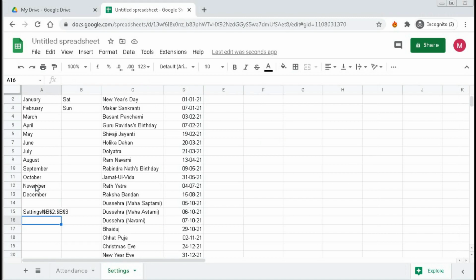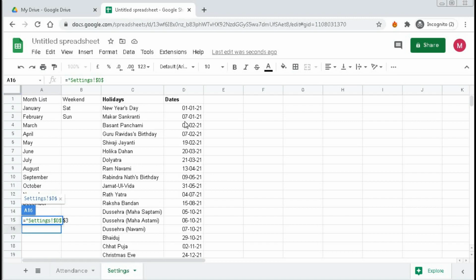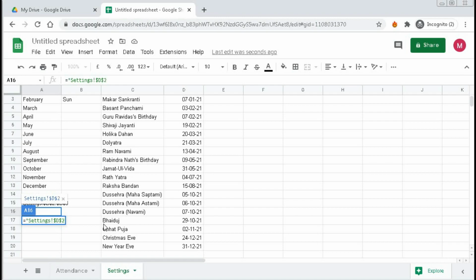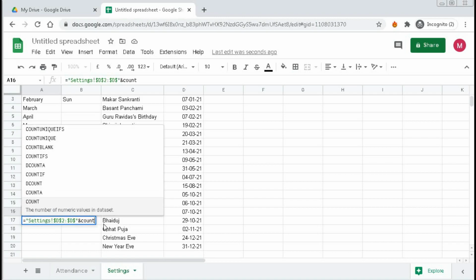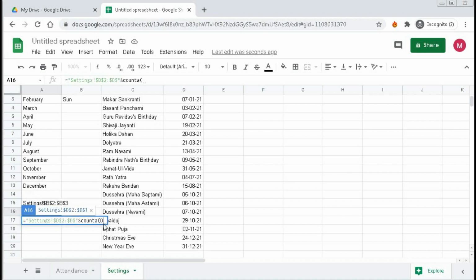Here again we will type equal to settings exclamation, then dollar, this one is D, so $D, dollar, our date starts from 2, so 2 colon dollar D dollar, double quotation close, and COUNTA bracket open D colon D bracket close and enter.